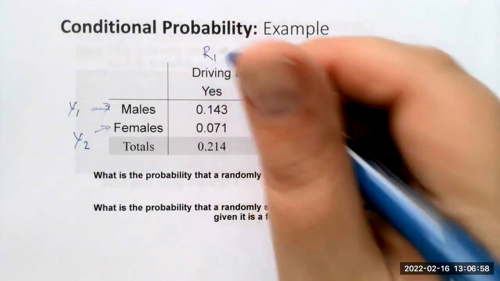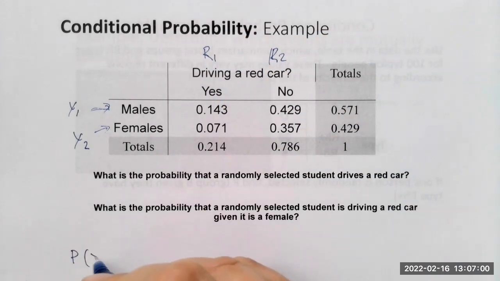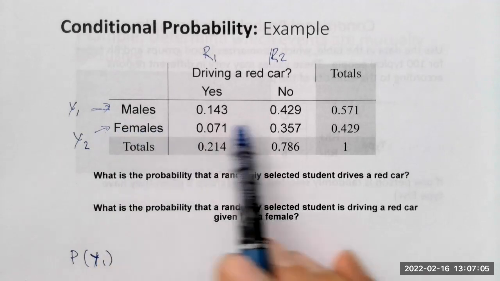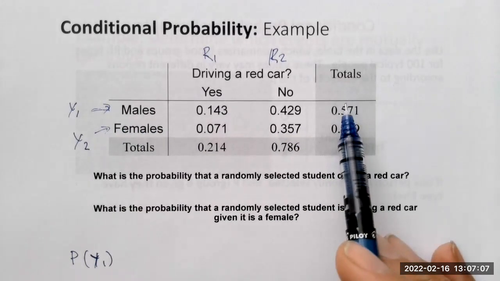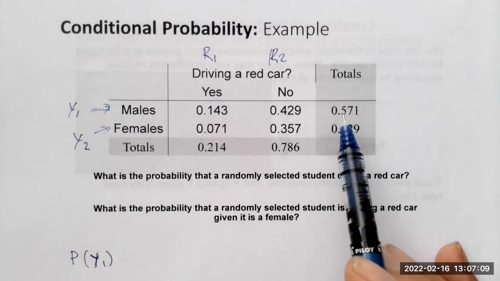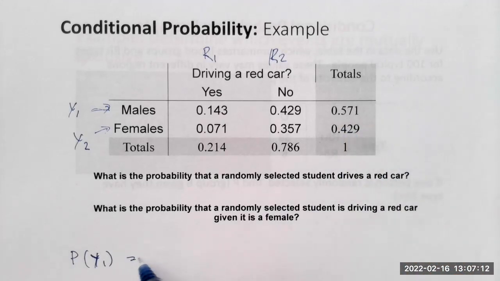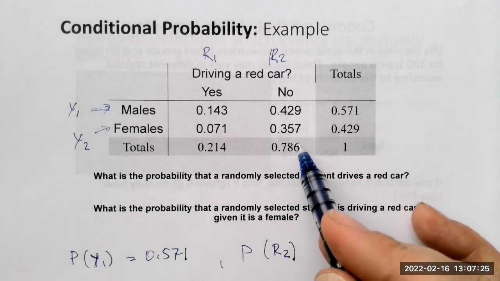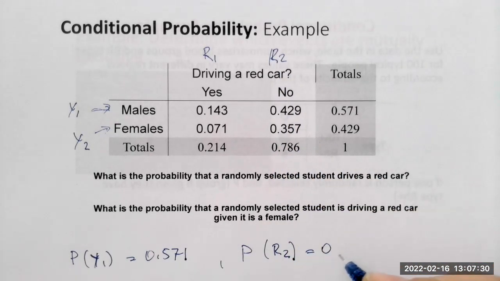Okay, the probability of event Y1, that a randomly selected student is a male, is the marginal total for that row, and that's going to be 0.571. And the probability that a randomly selected student does not drive a red car is going to be the marginal total for that column, which is